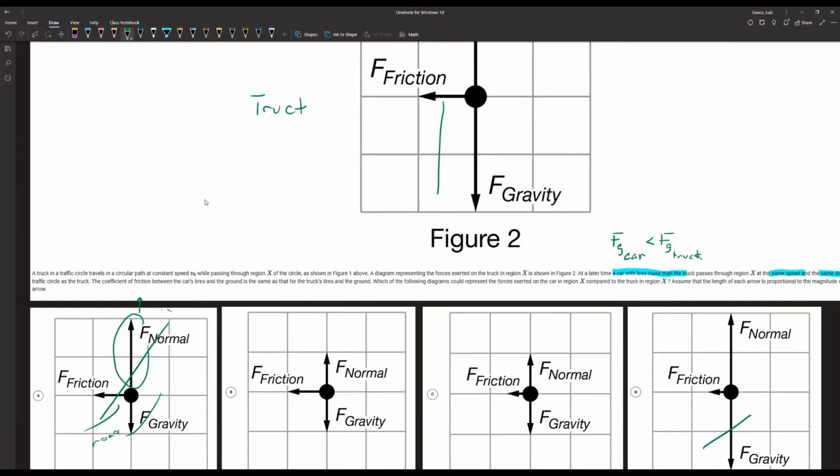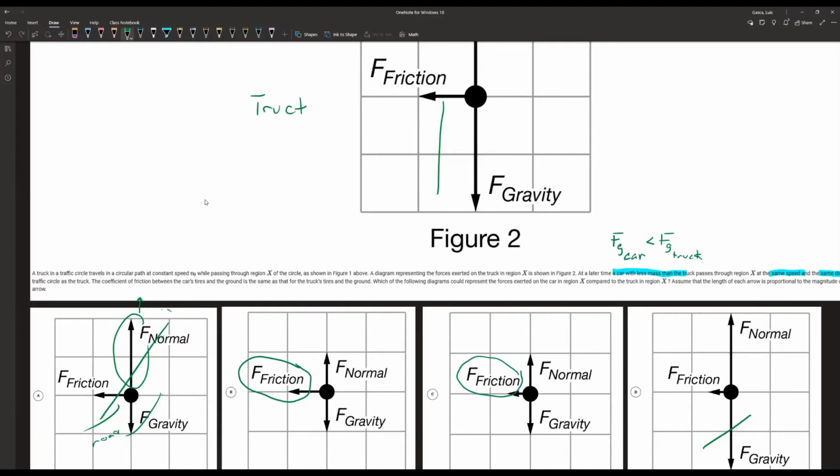So not the case. So then that leaves us with B or C, which show that the force due to gravity is less than before when we're considering the car. And the forces are balanced. So that looks good. Now we have to beg the question of, well, what about